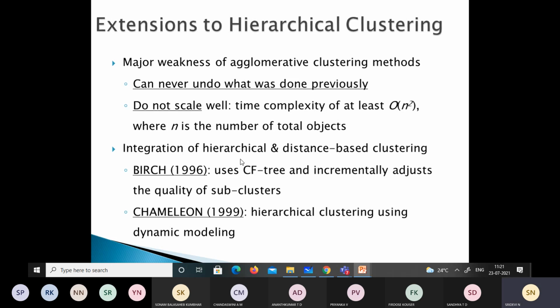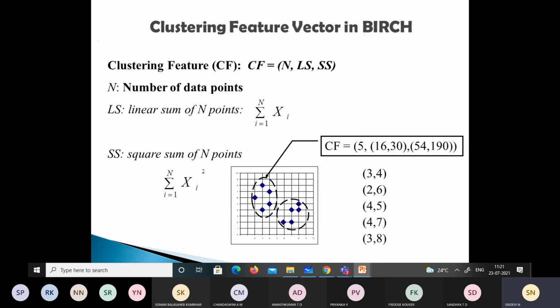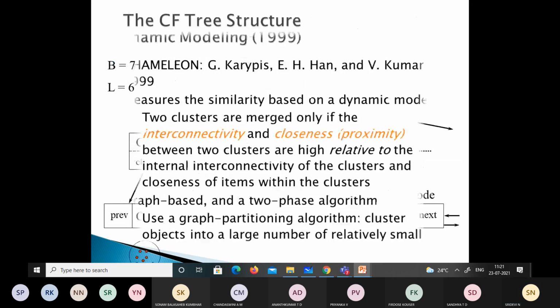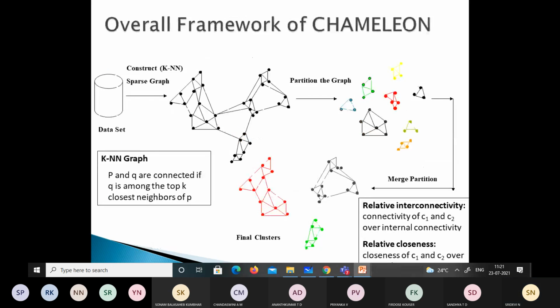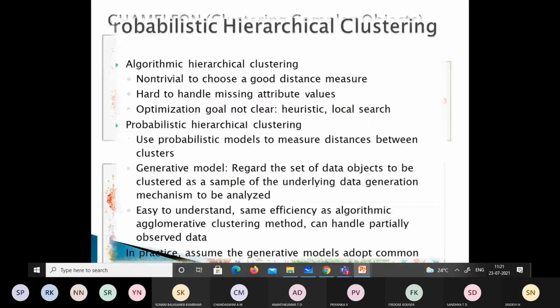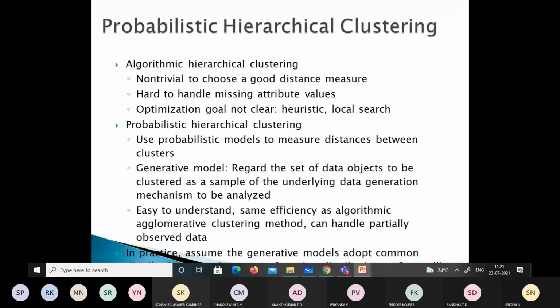So we can have integration of this hierarchical and distance-based clustering, which is Birch and Chameleon algorithms. So we have examples on these single link, complete link, as well as your group average.